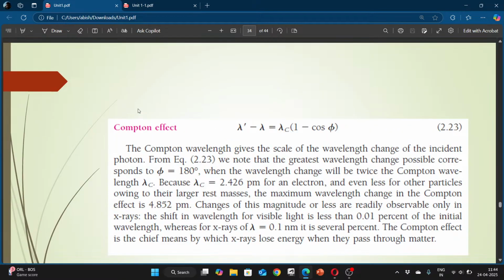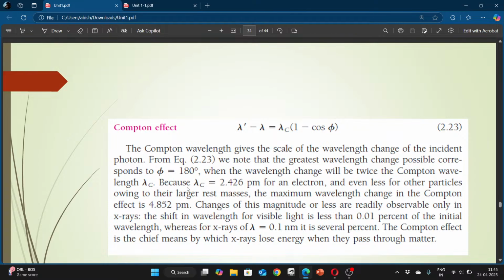समझा. The Compton wavelength gives the scale of the wavelength change of the incident photon from equation 2.3. So the greatest wavelength change possible corresponds to φ equal to 180 degrees. तो ये φ 180 पे cos φ माइनस वन हो गया, ये माइनस होना है तो प्लस वन।